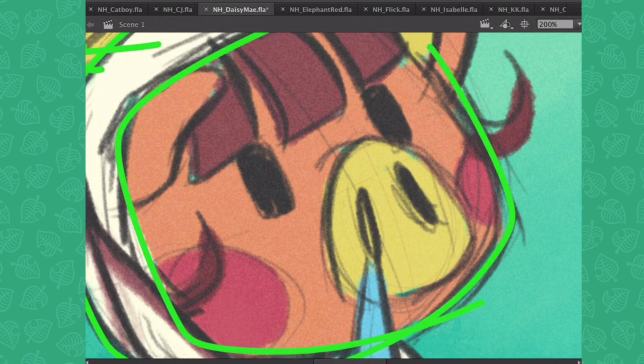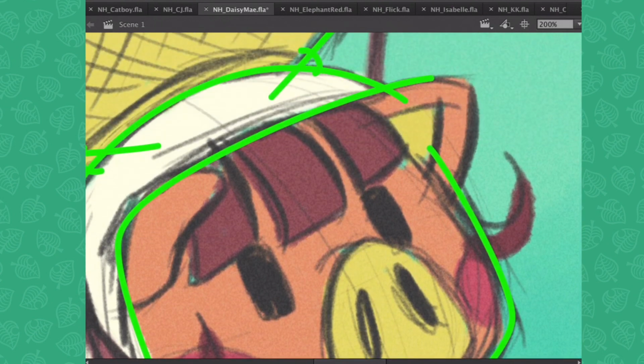I'm finding a lot of shapes in all these characters that I've been posting over the last few days that I'm really happy with, that I would look at somebody else's art and be like, oh, I really like how they did that. Can we also just talk about the cute little character design details